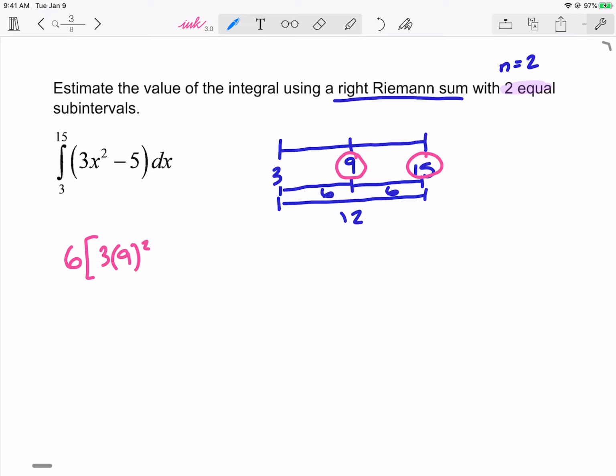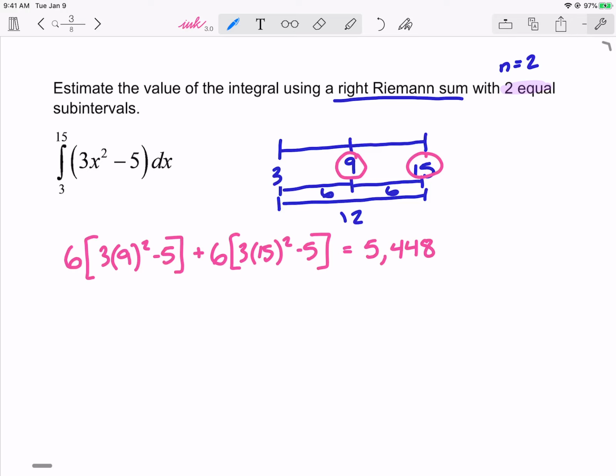So I'm going to do 3 times 9 squared minus 5. And then I'm going to add another 6 for the width of the second rectangle. And it's going to be 3 times 15 squared minus 5. And this would give me the estimate of the value of this integral using two equal subintervals. Now, I will leave the math exercise to you of plugging this into your calculator, but you should get